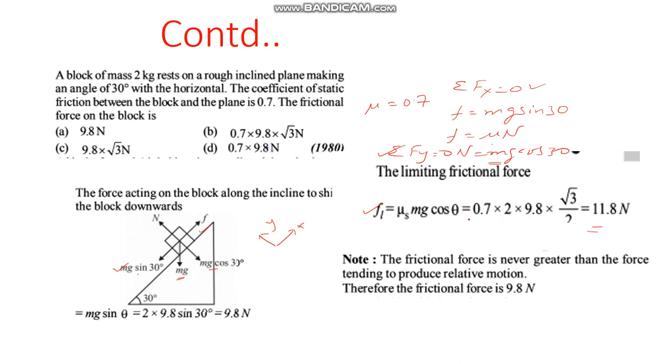But wait a minute, you have to see this component also, mg sin 30. When you calculate the value, you are getting 9.8. While taking the initial classes, I told that suppose there is a block and you apply 10 Newton force. Let us say the limiting friction is 20, but here 10 will be developed. If you apply 15, friction will adjust to 15, but it is never more than this. So you are getting friction force as 11.8, whereas the component is 9.8. So at the maximum it will be 9.8 only. So this option is correct.